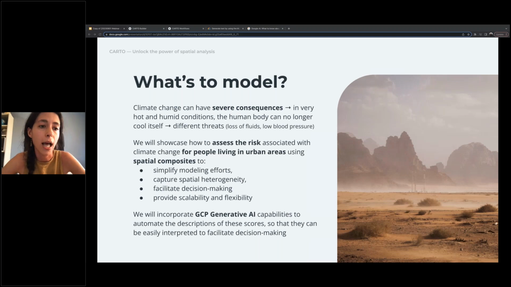These spatial composites also allow us to capture spatial heterogeneity, so we can spot differences between different locations, and this is very important because we are able to capture all these spatial dependencies in the data and show them using these composites. They are also very scalable: we can work with lots of data and the process is quite fast. They are very flexible because there are many different ways in which you can derive them. Additionally, they facilitate decision making because they're very easy to interpret. You just create the spatial composite, and you can directly visualize it on a map